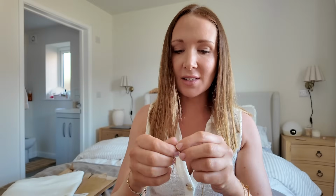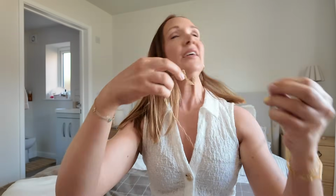Then for my necklaces, I have misplaced one, but I have a matching chain to what I wear on my wrist. So that just goes around there. I do it tighter than it should be because I want it to be higher up on my neck. I mean, I say how it should be, I guess it's however you want to wear it. Oh, so hard putting jewelry on while talking. There we go. So that's that one. And then this one,